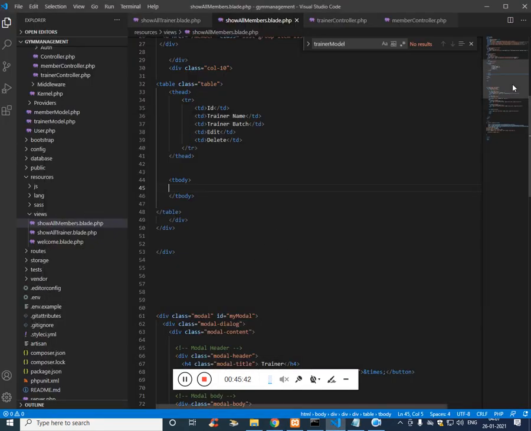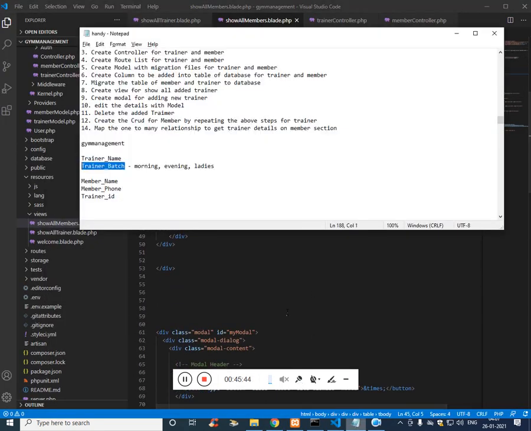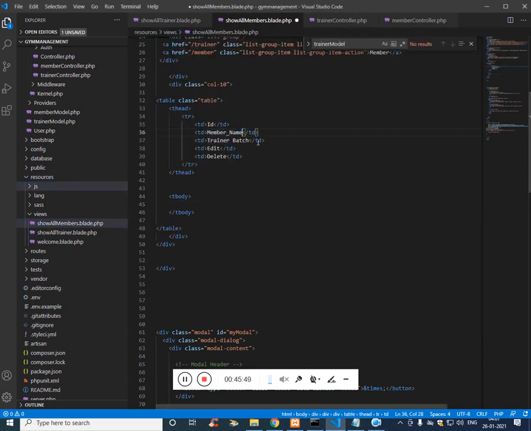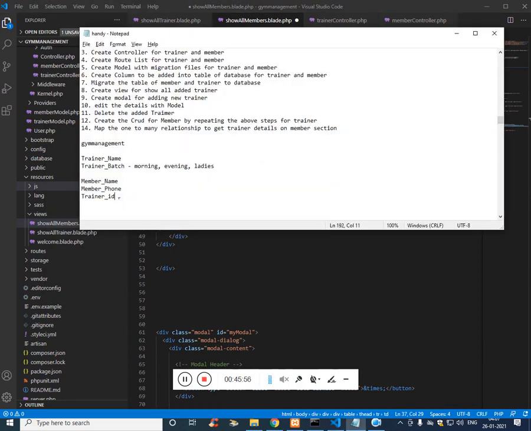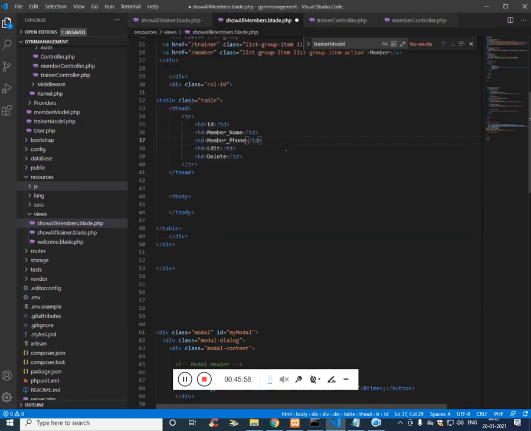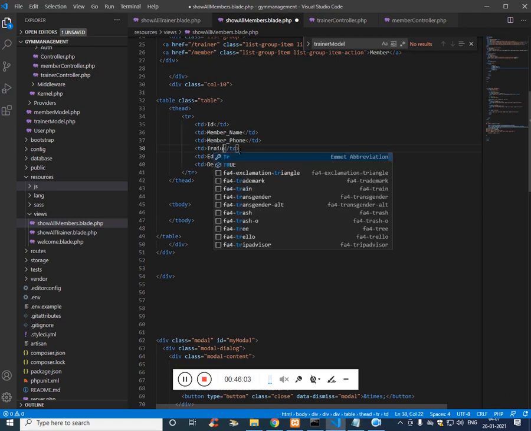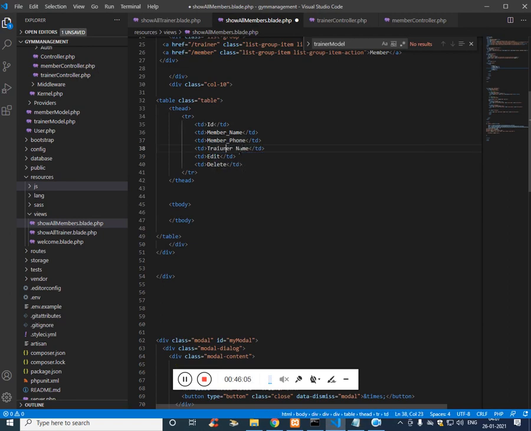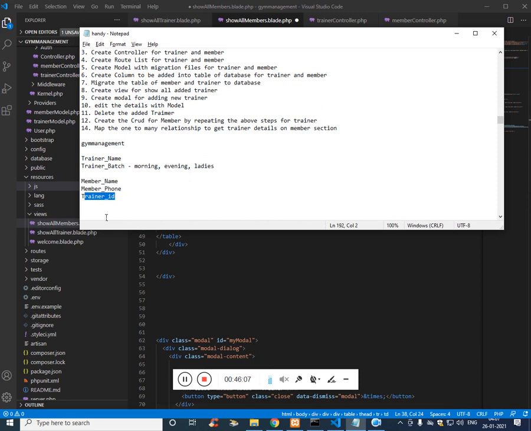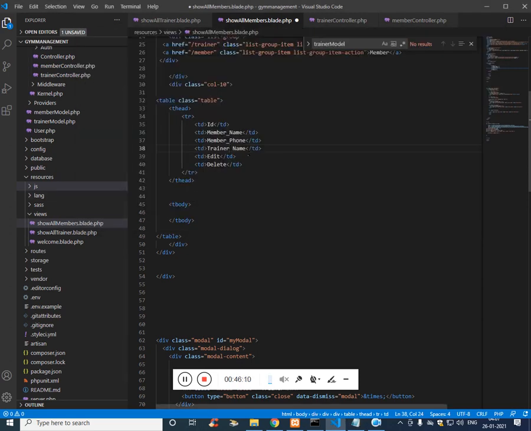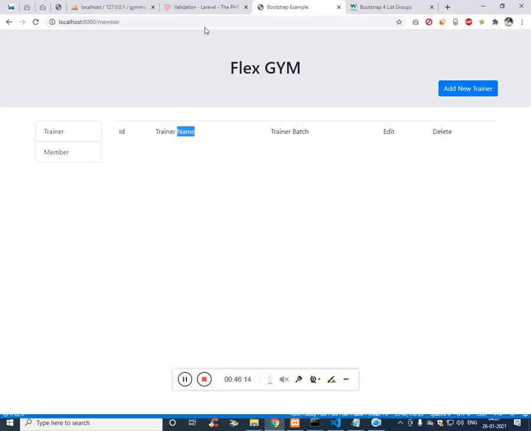Now we have to use the column member name, member phone, and we know member trainer ID we will be saving it, but we want to display the trainer name. So what we do is we'll just display the ID itself for now, and we'll convert it. Now if you refresh,